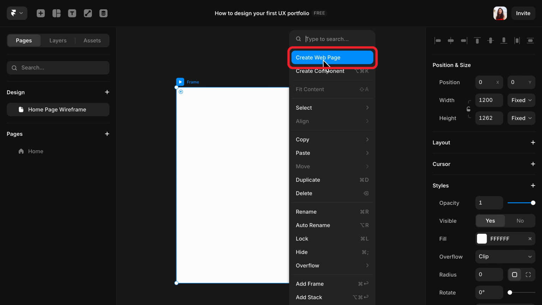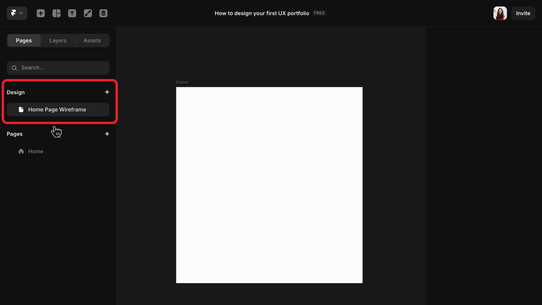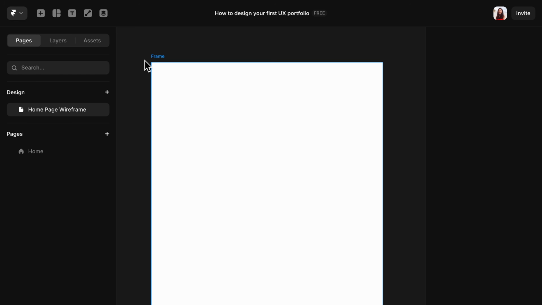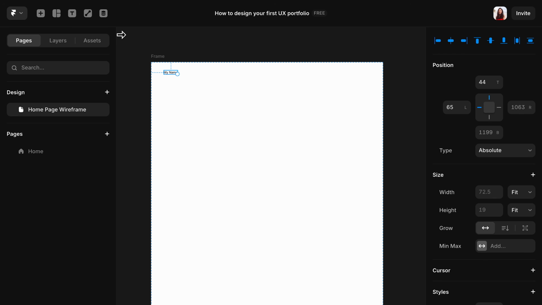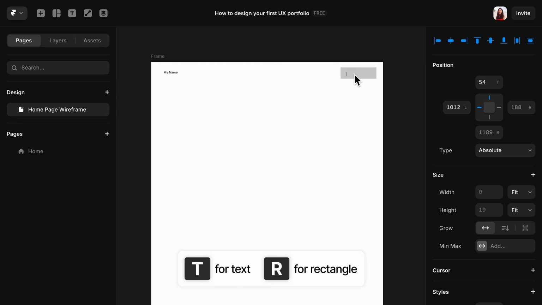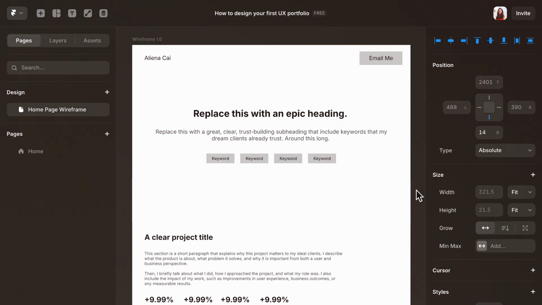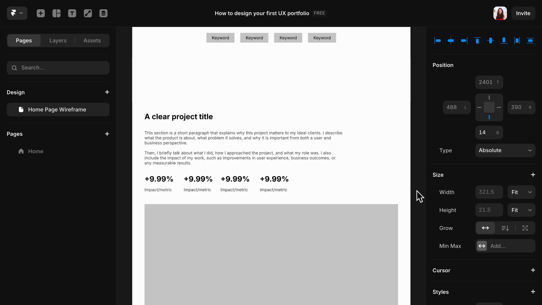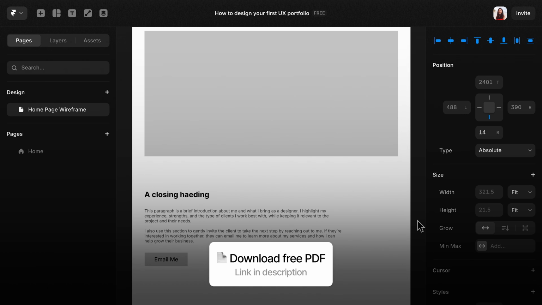So if you're also using Framer, everything under design is a design page, meaning it's a working file that's not live yet. Everything under pages is for development, and those are for launching the website. You will learn it later. You use Framer design pages just like any other design tool, and even the shortcuts are mostly the same as Figma. T is for text and R is for rectangle. This is of course a very low fidelity wireframe, but at least now you have a clear starting point.